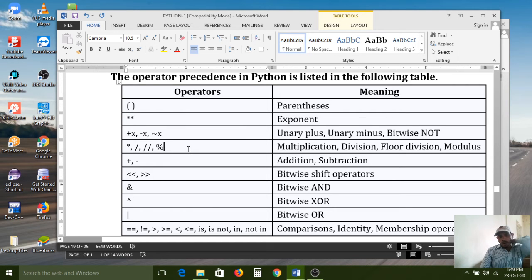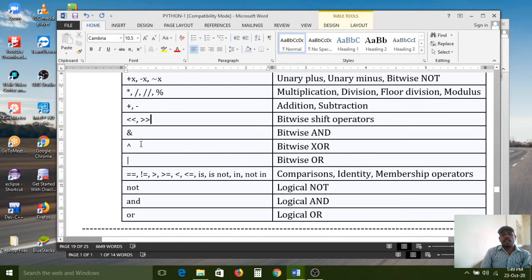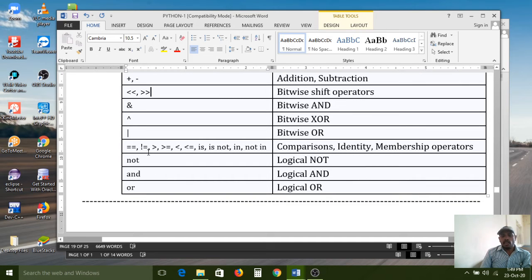Okay? And after that, multiplication, division, floor division, modulus. And next, addition, subtraction. After that, bitwise shift operators, left shift and right shift operators, and also bitwise AND, bitwise XOR, bitwise OR. And here we also have comparisons.